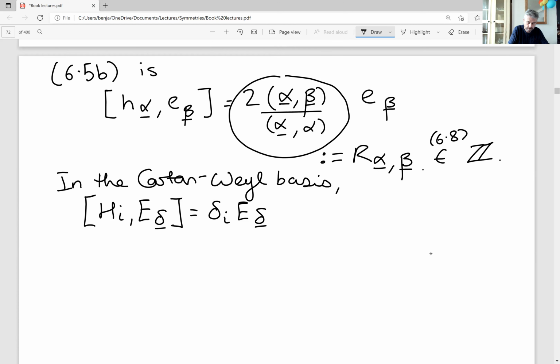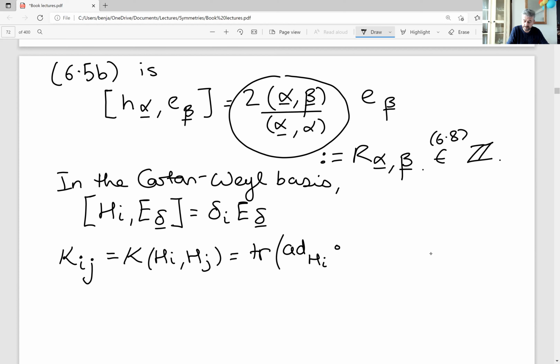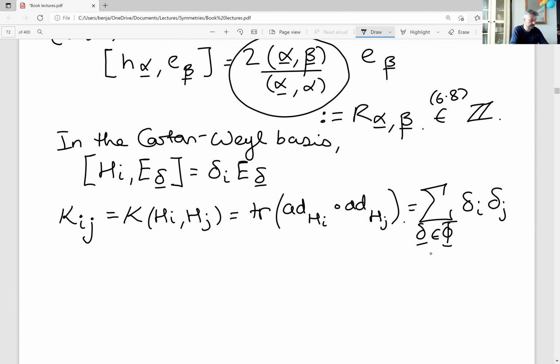And so kappa_ij, our Killing form metric, remember this is the trace of the adjoint of H_i composed with the adjoint of H_j. So this is equal to the sum over all the roots in the root set of delta_i delta_j. And to derive this, we basically need that, so remember